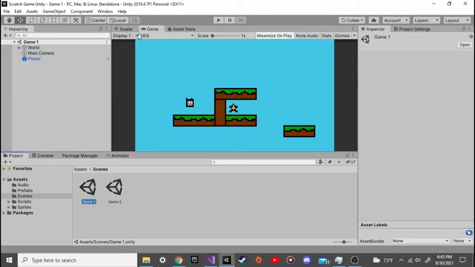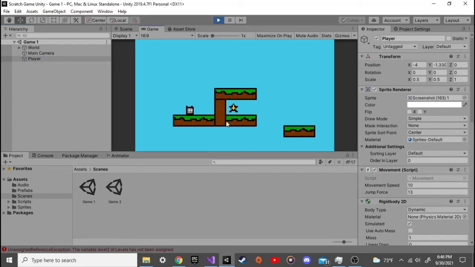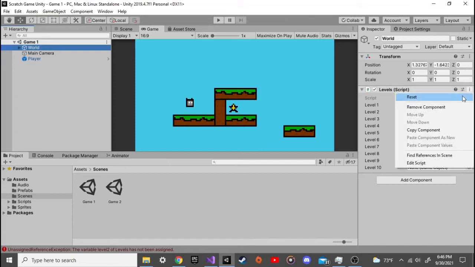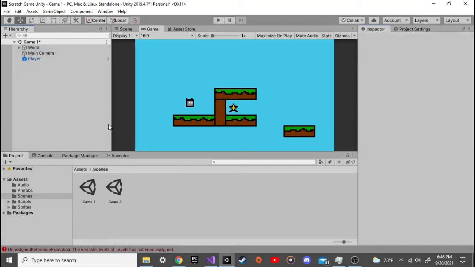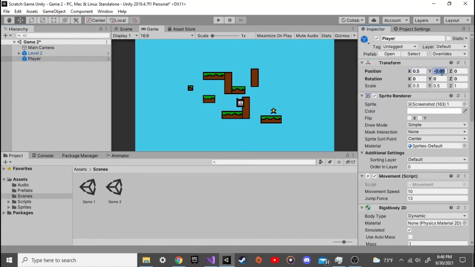Just to test some stuff, I wanted to see if the game code worked, so I tested it. As you can see, the collider for the star works great, but nothing happens. The reason nothing happens is because we haven't loaded our scenes into the build index that we need for the game. So right now, I'm going to apply and remove that old code from our world